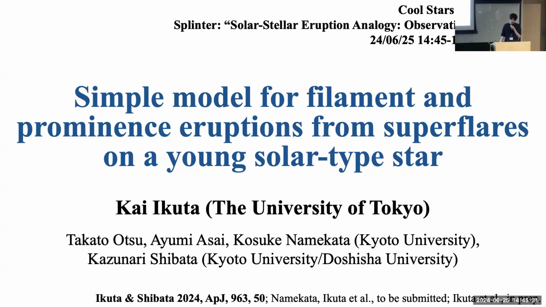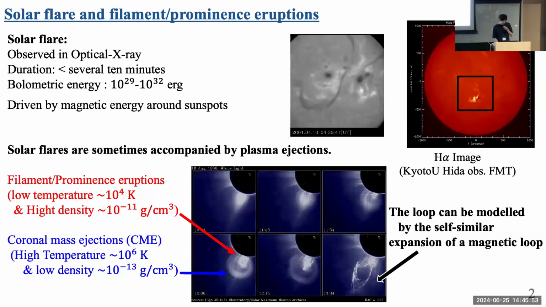We investigated the dynamics of filament and prominence eruptions on a young solar-type star, EK Draconis, comparing with the solar ones. For this purpose, we developed a simple one-dimensional hydrodynamical model based on a self-similar expanding loop. As you know, solar flares are explosions on the solar surface, observed in optical to X-ray wavelengths,